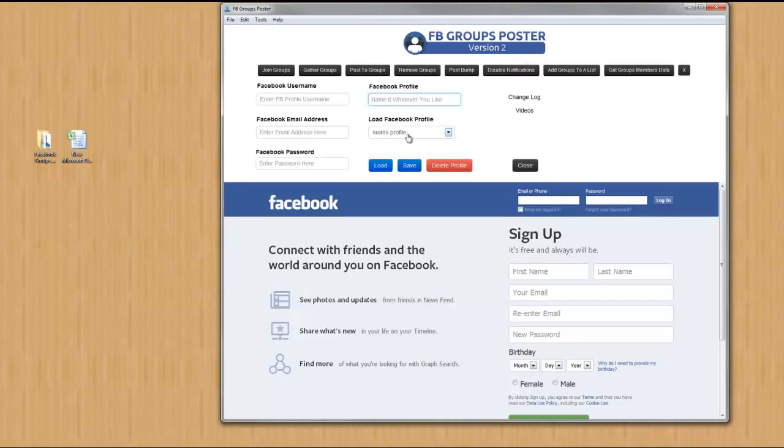As you can see below, I already named a profile that I saved, Sean's profile. If I hit the load button, it would load up my Facebook username, email address, and password so that I don't have to type it in each and every time. So imagine you had 10, 15 different Facebook accounts. You can load all those up and save them to their own individual profile, hit the load button, and recall those details immediately, okay? You can also delete these profiles that contain the same information, and it's just too easy,